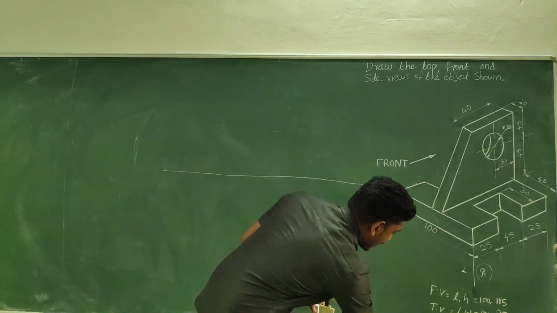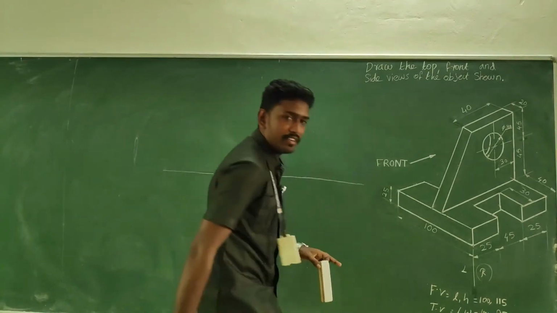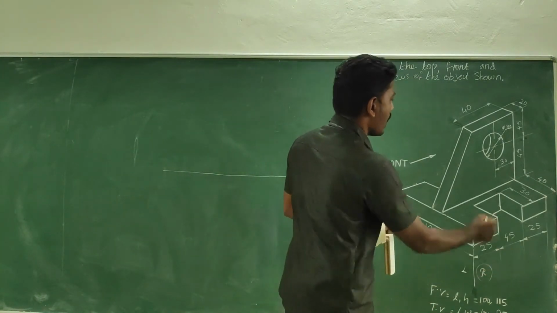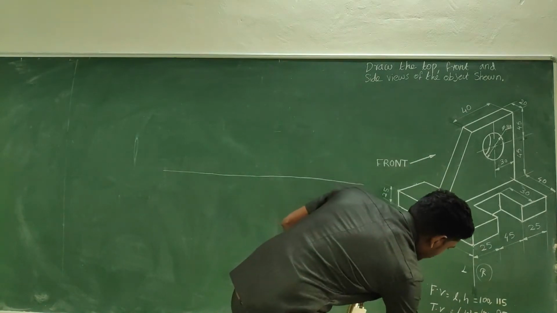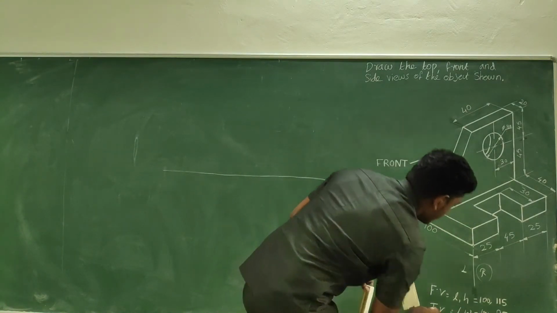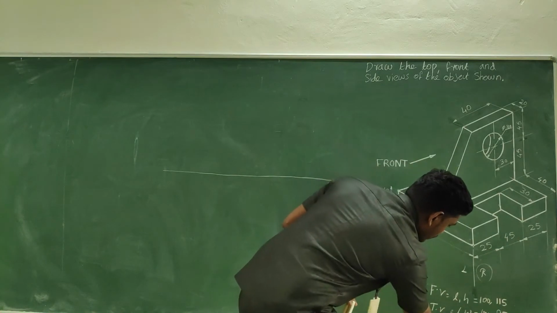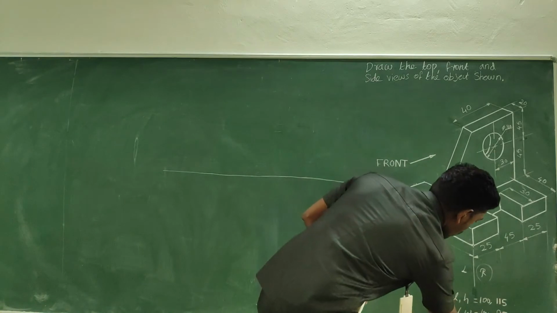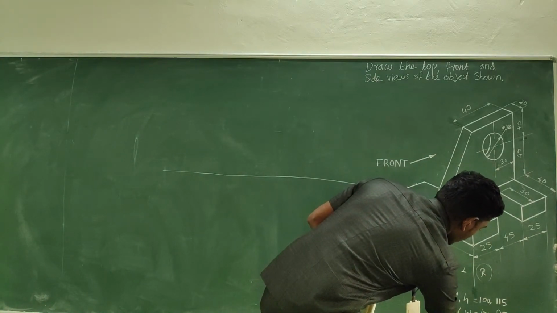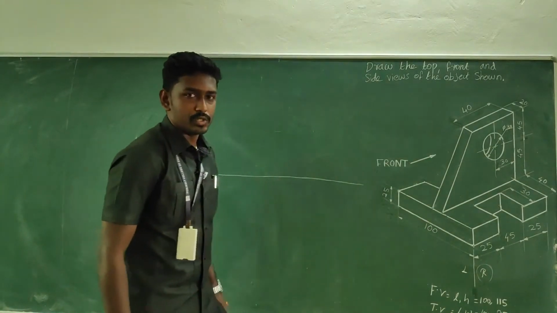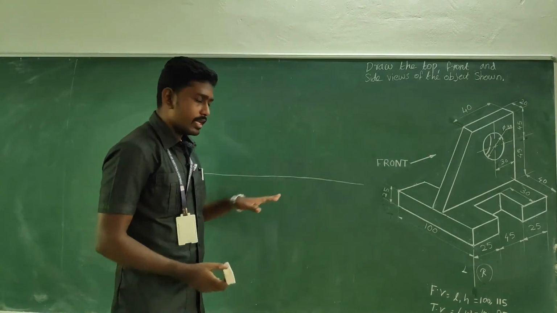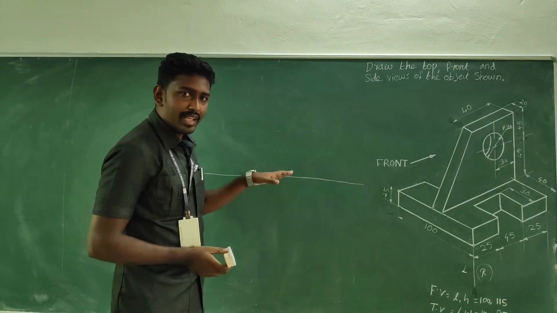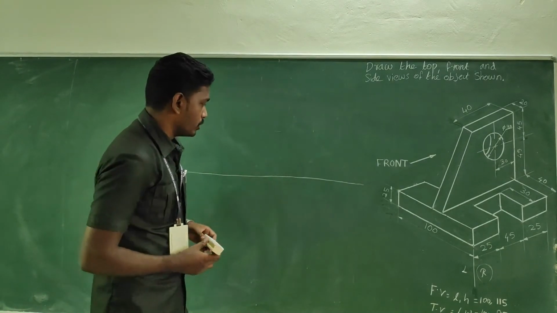And what about the right side view? The right side view covers the width and height of the object. The width of the object we have already measured, which is 95, and the height of the object is 115. It is also already measured. So now the boundary knowledge is available here. From this we have to draw the boundary for each view.